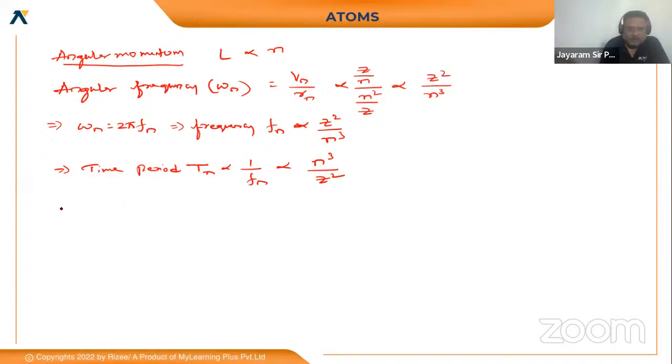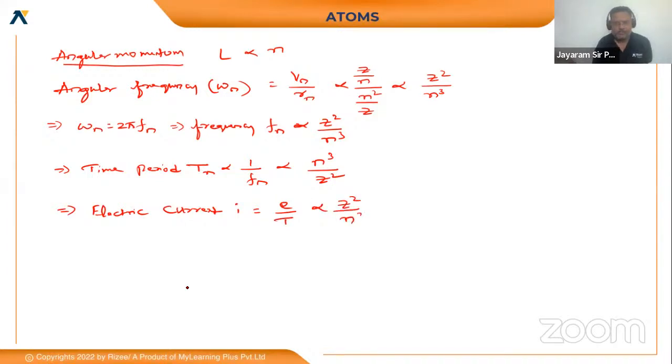Next one, time period we have got, frequency we have got, electric current. Electric current I is equal to, for a given time period, e by T, and I is inversely proportional to the time period, means I is also proportional to Z square by n cube. Since the electron is moving round the nucleus in a circular orbit, some current is there,